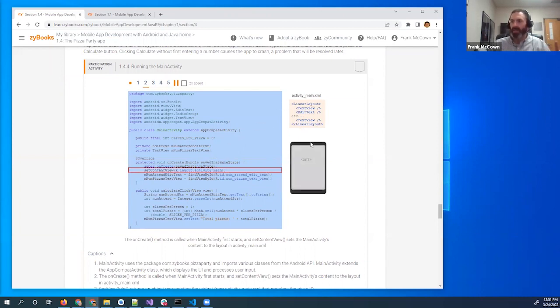It expands the XML, which determines the user interface. And then when my user is interacting with the application, what functions get called. So it's a step-by-step type of animation.